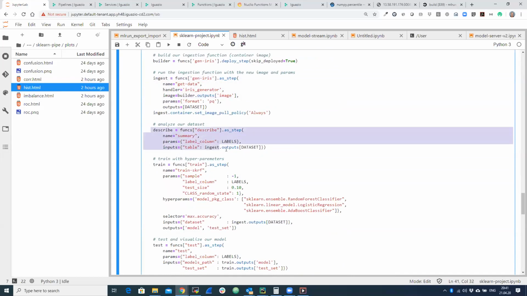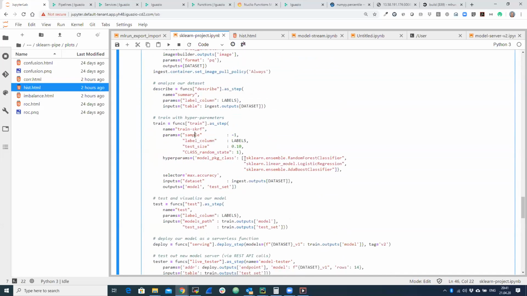The next step is analysis of the data. The third step is to run training with AutoML using 3 different algorithms. Part of the issue with AutoML is that if you let it loose, it's going to consume a huge amount of resources. So sometimes you want to confine your AutoML technology to various algorithms that you already know are going to generate better results. So this way you don't waste too much energy on computation. And this AutoML training function will select the best model by inspecting the accuracy.